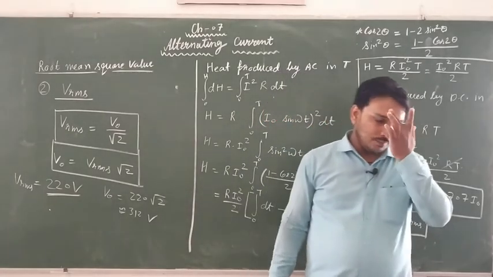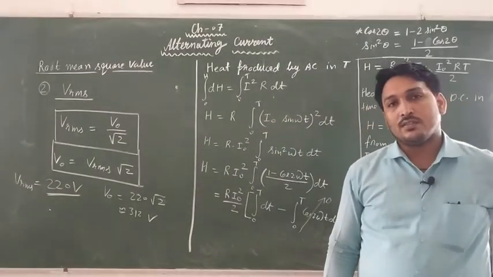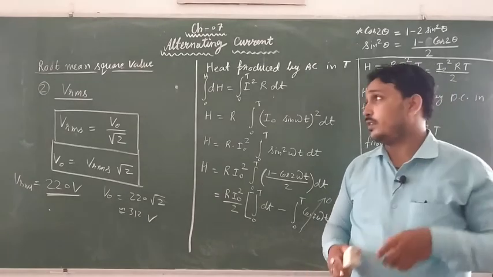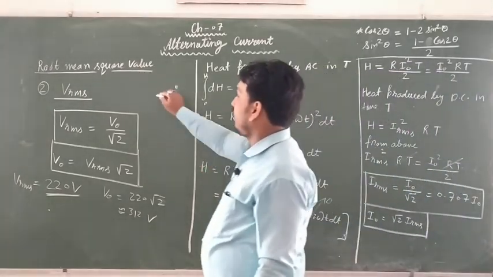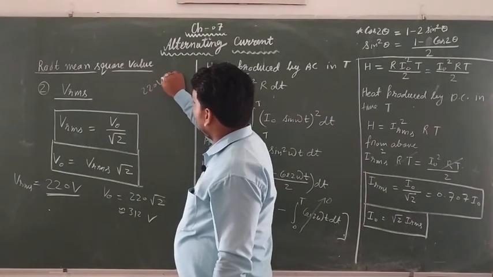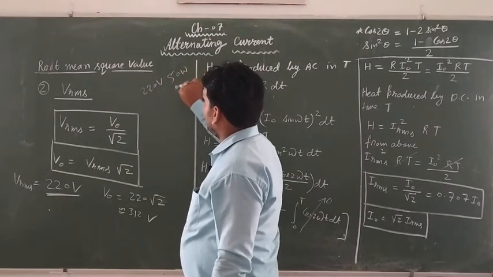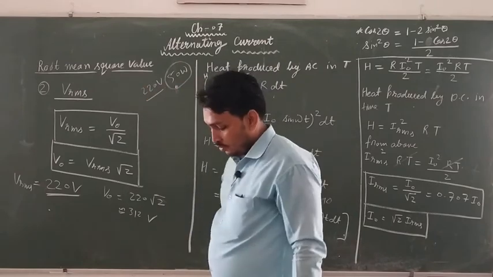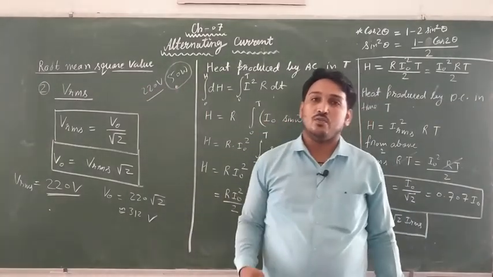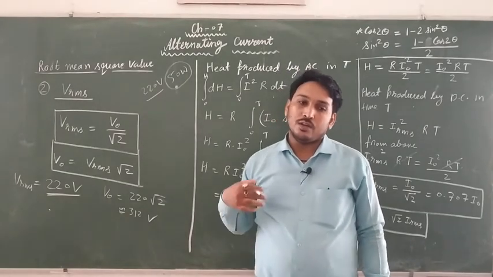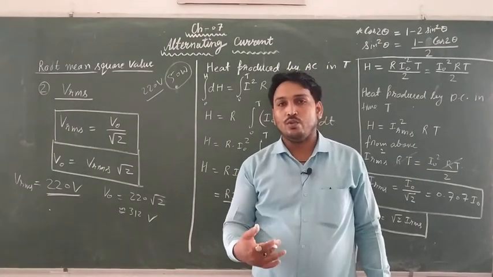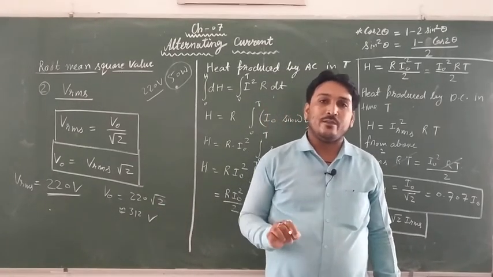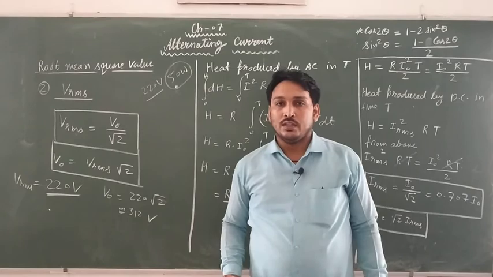Whenever you see an electrical appliance which runs over AC, there must be a rating of that appliance. The rating is like 220 voltage, 50 watt. What is that power? We will discuss it later on. But what is that 220 voltage? 220 voltage is the RMS value of voltage. So whenever a general value is given to you about voltage or current in an alternating circuit, that value will be the RMS value. Is it clear?